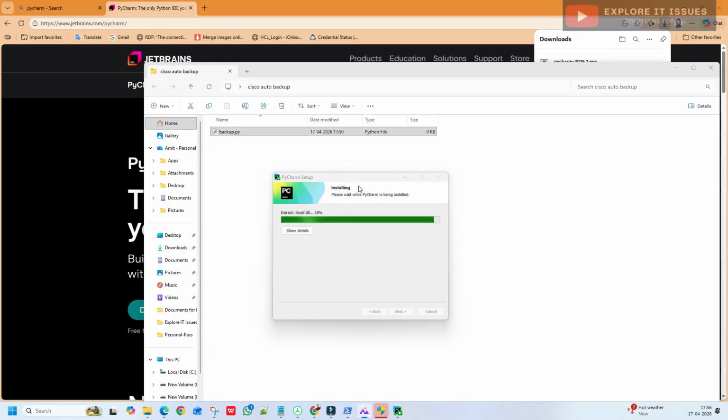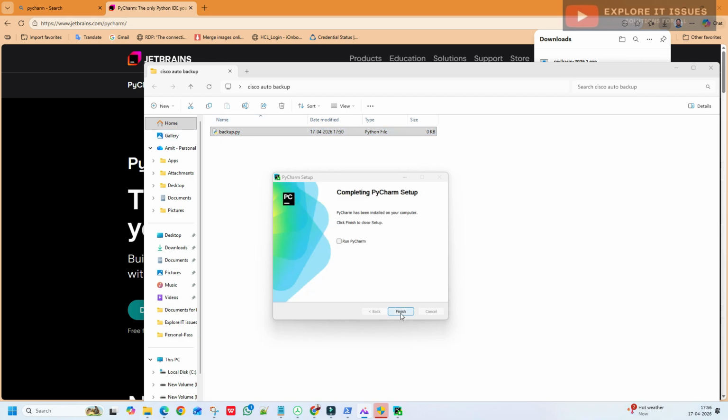I'll show you what kind of thing to write in ChatGPT or Google Gemini. Then it provides the whole code, so you just copy the code and paste it in Python Notepad or PyCharm, and after that your script is ready to push out in the network. Simple.